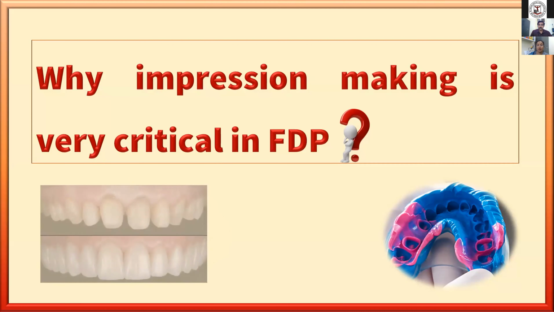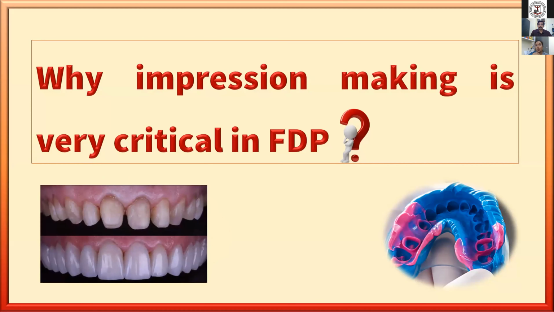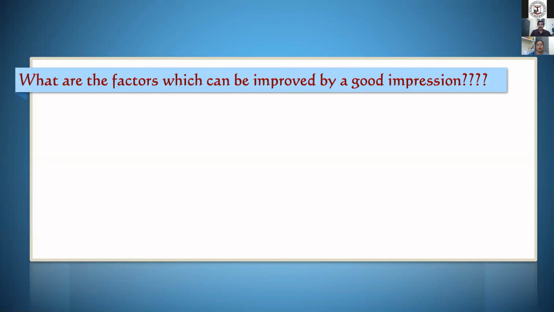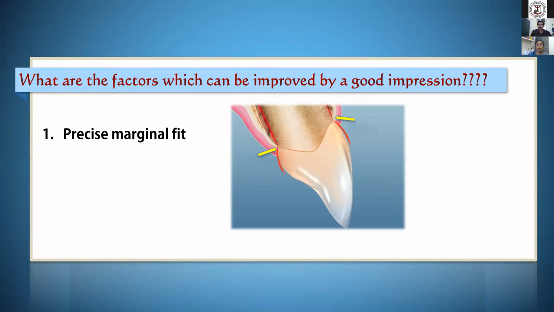But if you're looking beyond, for a restoration which lasts 10 years or more, your restorative procedure should be really excellent. Now, what are the factors which can be improved by a good impression? One is excellent marginal adaptation. A good marginal adaptation is the merging of the crown margin with the remaining part of the tooth. A properly fit margin cannot be distinguished even with a sharp explorer. It provides excellent soft tissue health around the crown without causing any future dental gingival problems. Chances of secondary caries will be the least, which will contribute to the longer lifespan of the restoration.